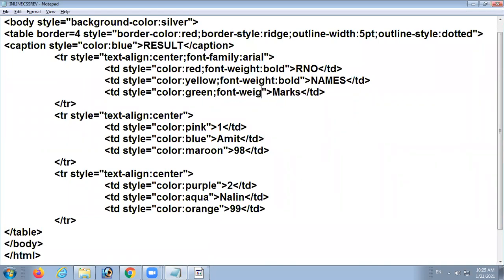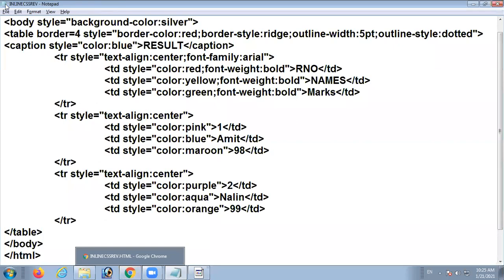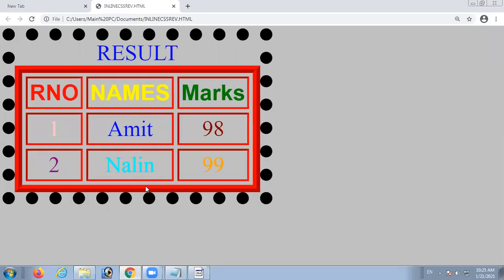Font weight bold. Right? You can write the font weight property in the TR also instead of giving it individually in every TD. Right? See, roll number, name and marks are now looking bold. Clear?